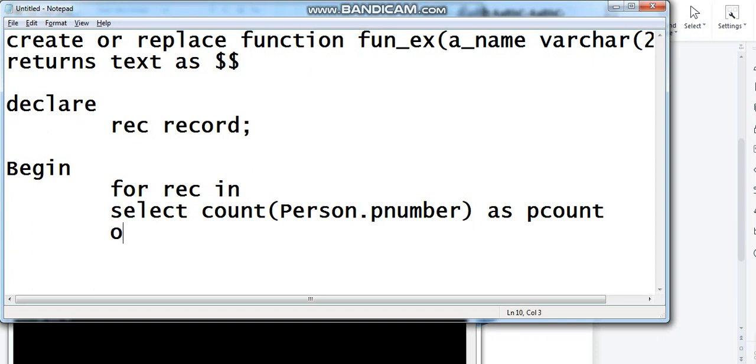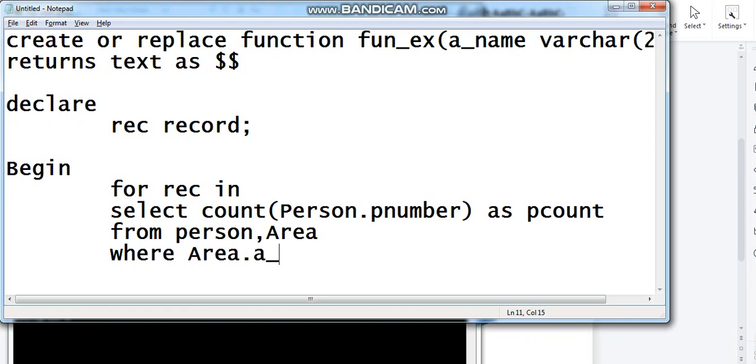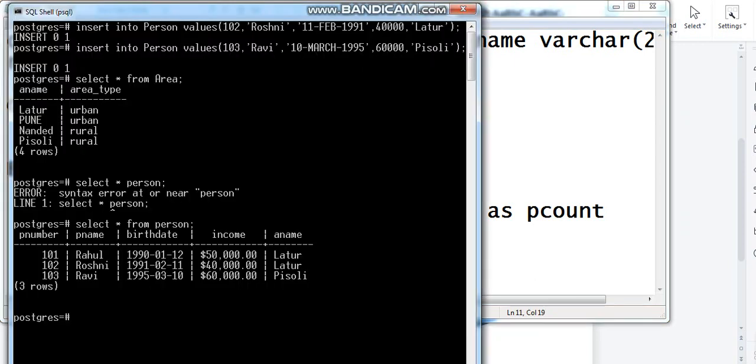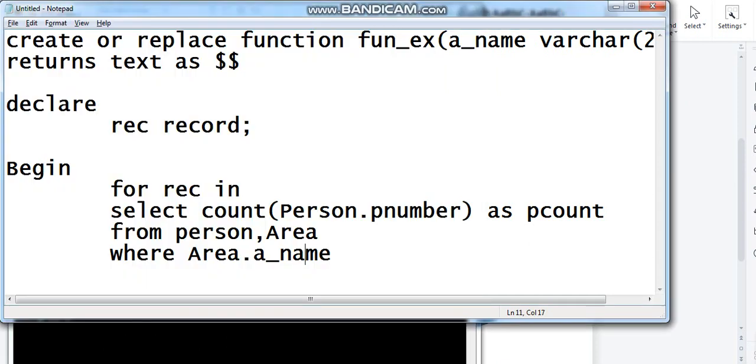Then from which table? From both the tables, from person and area. We are going to write the mapping condition where area dot a underscore name, area dot a name. Whatever the attribute is of the table, we write the same attribute here.